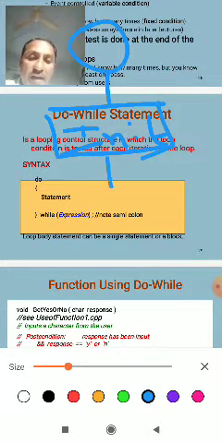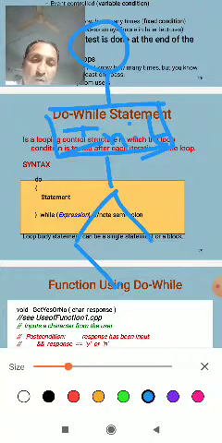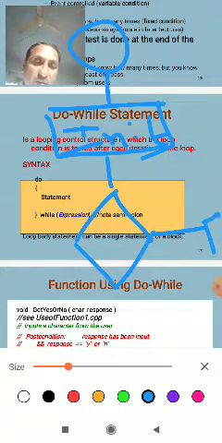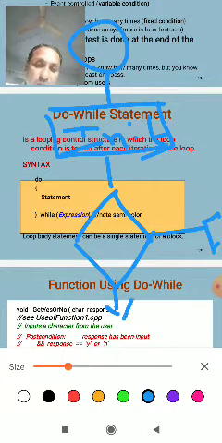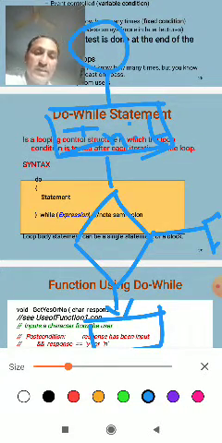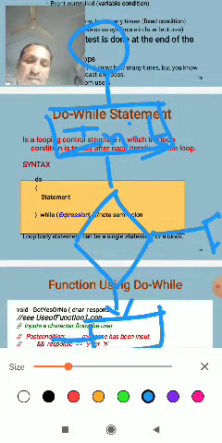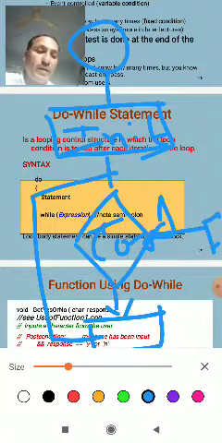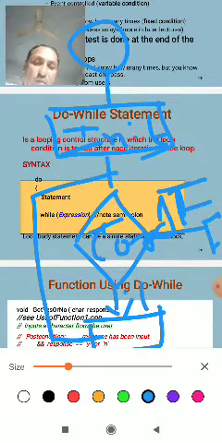After initialization, take a decision box, the while loop condition inside the decision box. Then the body of the program, or the increment or decrement operators. This is the condition, then go for the test condition. This is the false and this is the true.